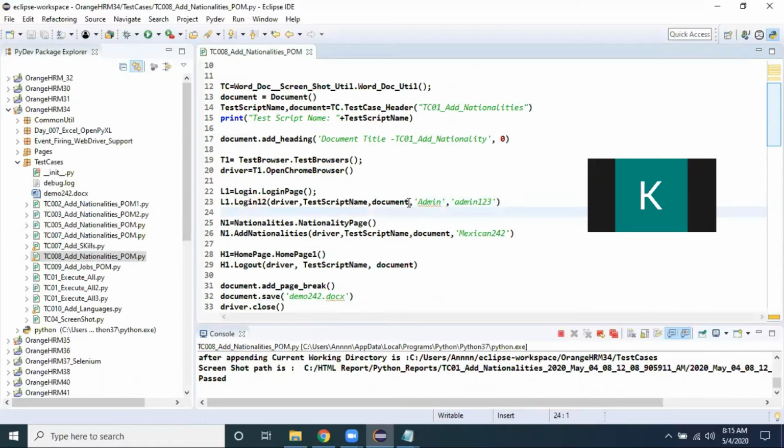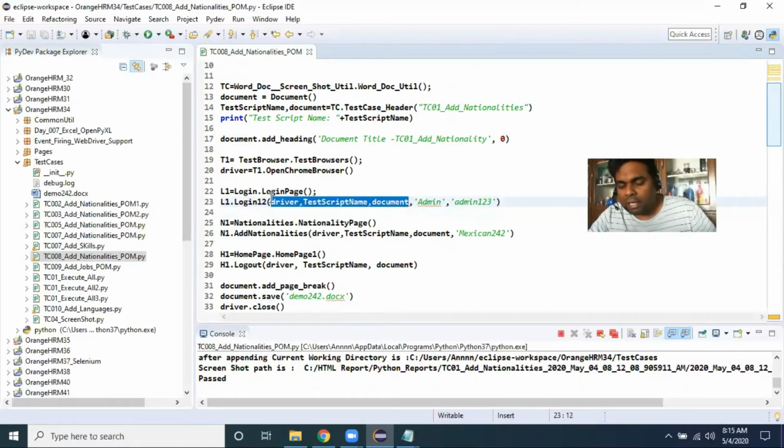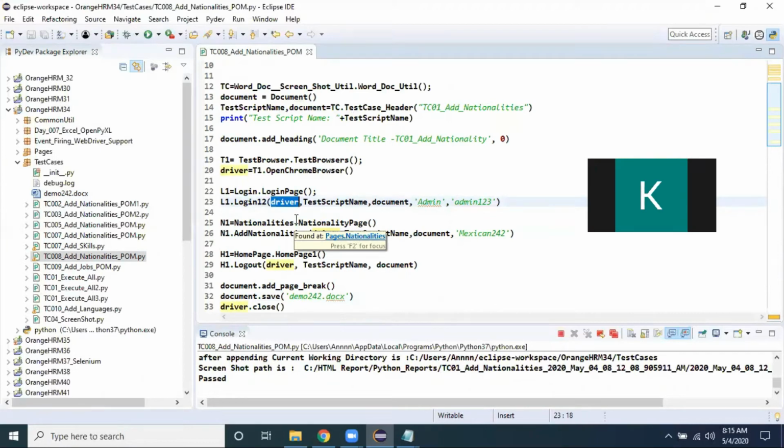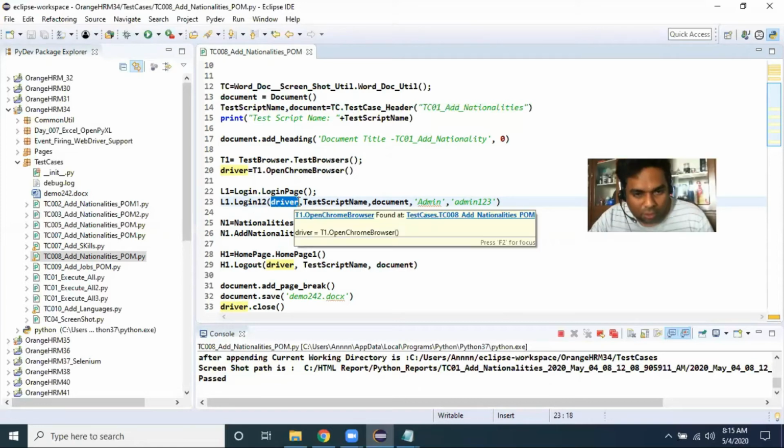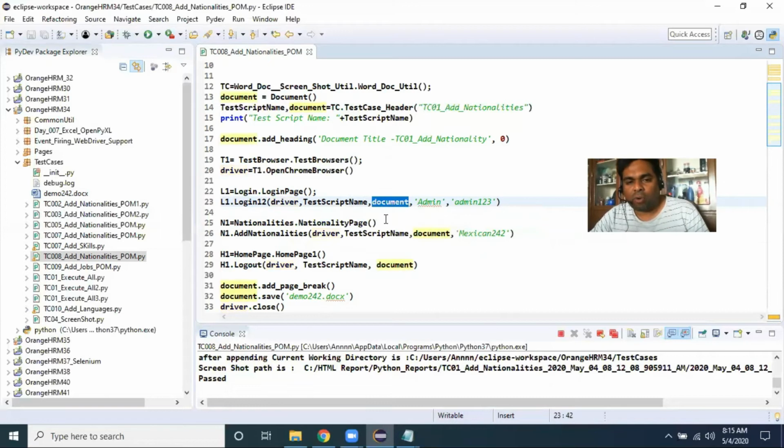Okay, this driver is clear, right? Yes, because the same driver is going to the login page, and the same driver instance is continuing the set of driver instructions in the login Python file. That driver part is clear because you have created a separate class for creating a driver. Okay, we are clear on the first part. Now we need to understand the document.